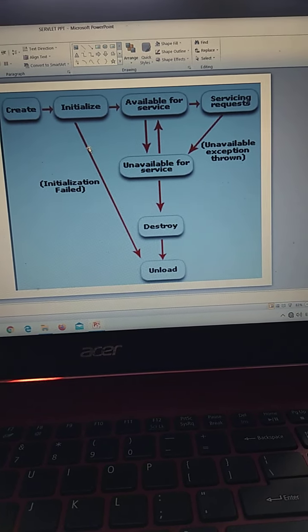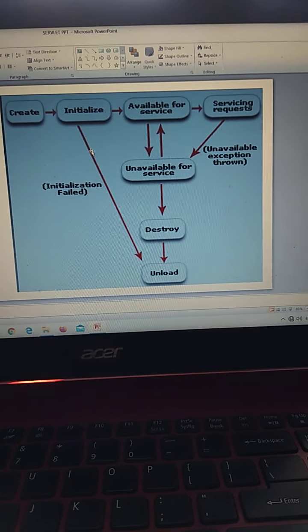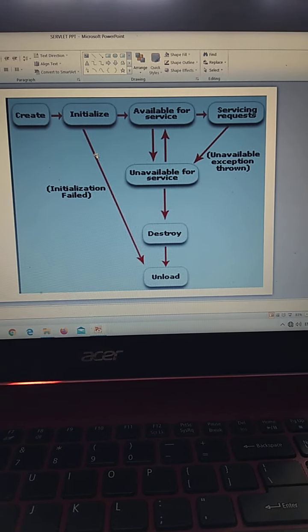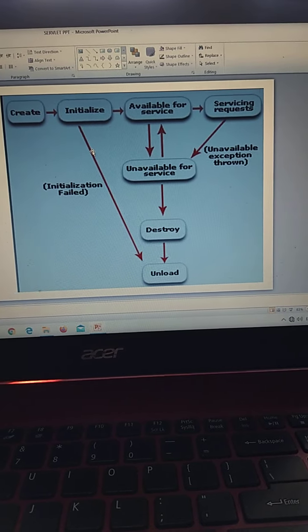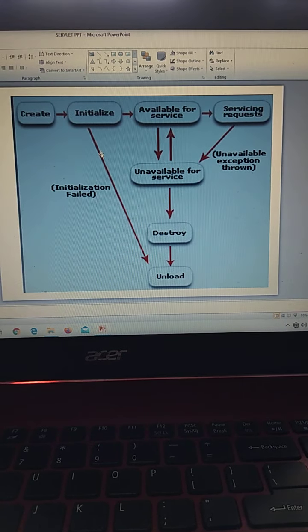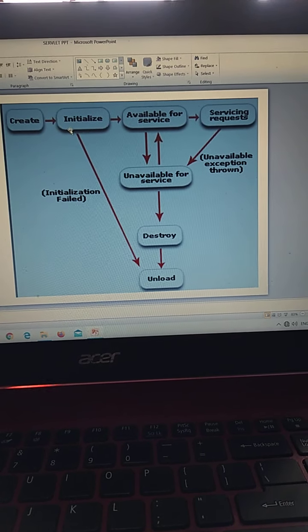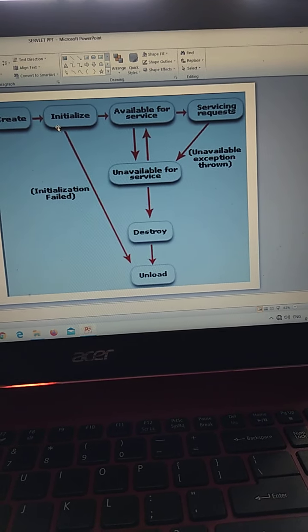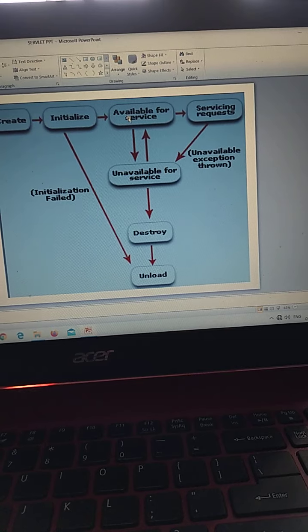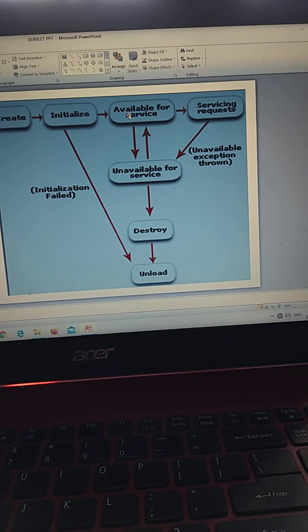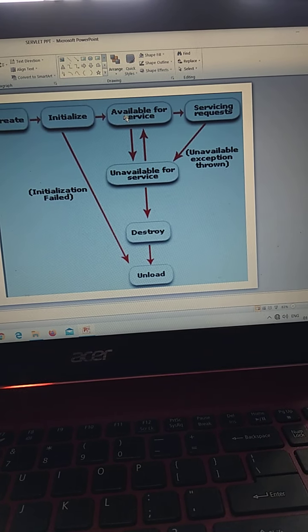This is the servlet lifecycle diagram. The servlet is initialized by calling the init method. The servlet calls the service method to process a client request.